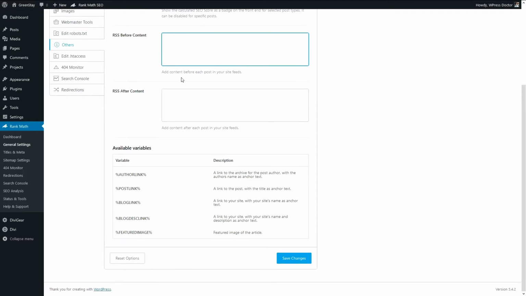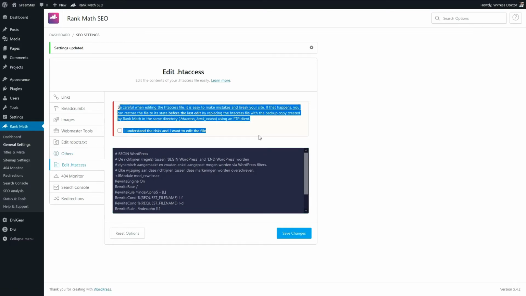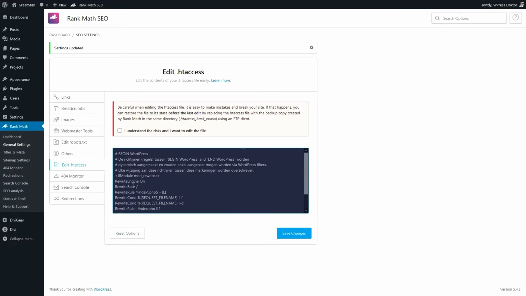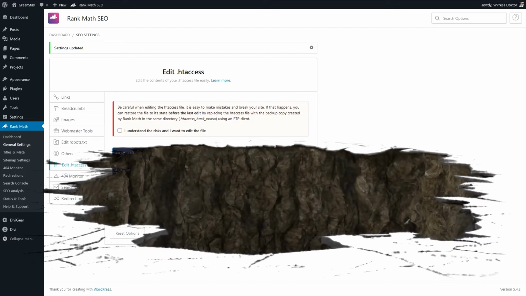If you don't have it or you don't know what it means, just leave it like this. Press Save Changes. And let's go to the next option, Edit htaccess. This is a big warning, and it is so true. If you edit this file and you remove, for example, one line or one letter, then your website will completely break down.